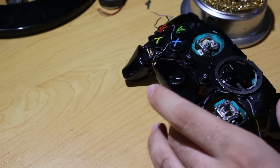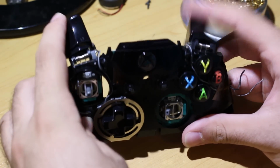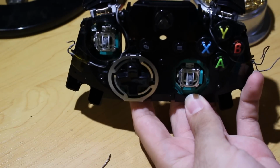Now, once you take off the final bumper, you should go ahead and put them somewhere safe, and if you look at your controller, it should kind of look like a cat right now, just a really mangled, deformed cat, but a cat nonetheless. Now, the next thing we're going to remove is the D-pad, and there is a silver